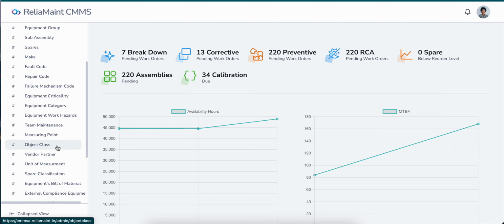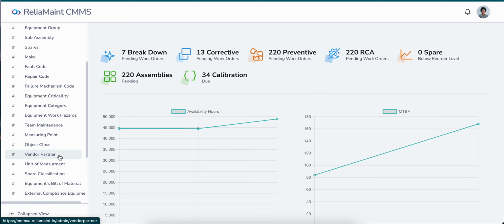All these come under the object class, which may be lifting equipment, because each kind within that class shares certain attributes. So we can have object class as lifting tool, or CNC machine, or whatever way you want to classify your system. This will help us create more detailed analytics later.